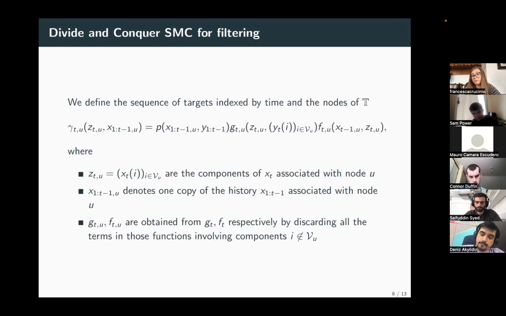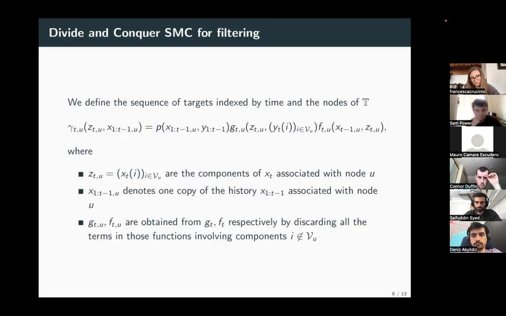So if we were at the leaf node, we would just have all the past plus the, let's say, component 1 at time t. And as we go up the tree, we keep the past there, but we add components as we move up the tree until at the root we recover all components. And so the product of the past and of GF for all components is just the filtering distribution.